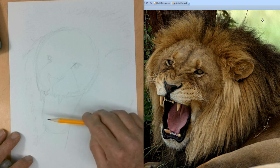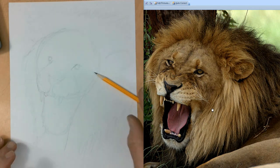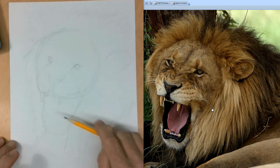But then these other teeth are foreshortened. Foreshortening means that it's going away from you or toward you. And so look at that. Look at this tooth right here. It's just a little circle. You know it's pointy because of where the light hits that tip of that tooth. And we'll get that when we shade it. But that foreshortening makes it look like it's kind of